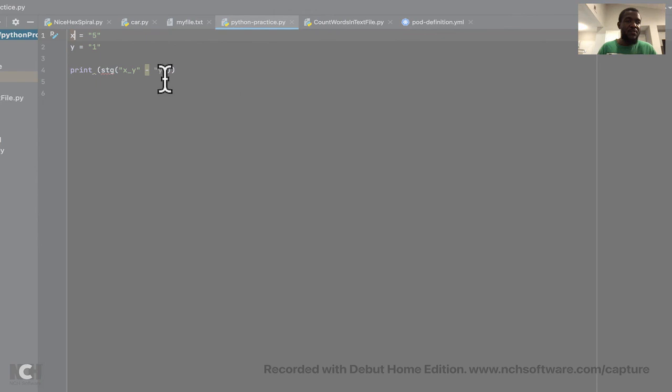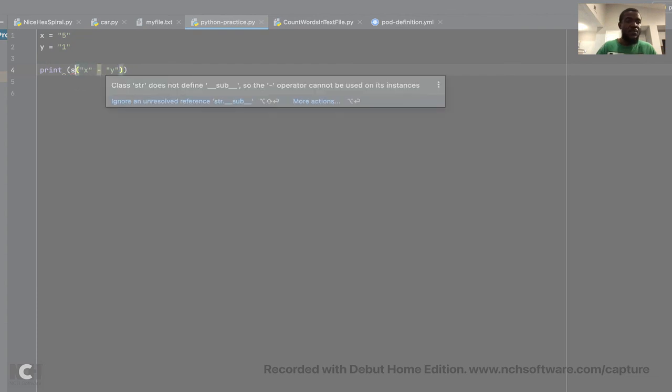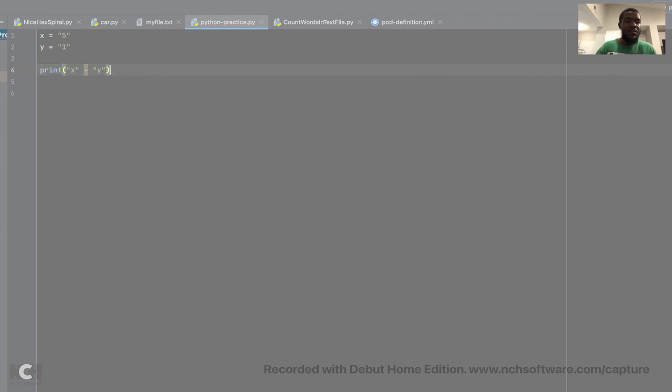So just print... still not working. Python to print x minus y. Line for emoji print x, y, error, unsupported operand type for